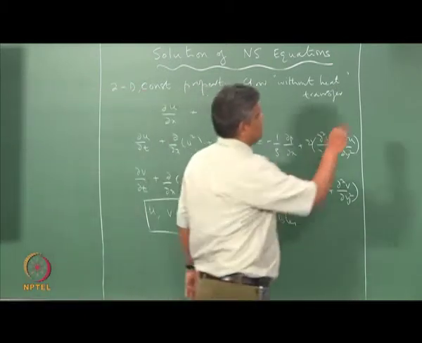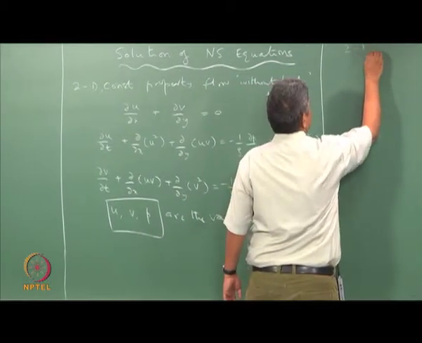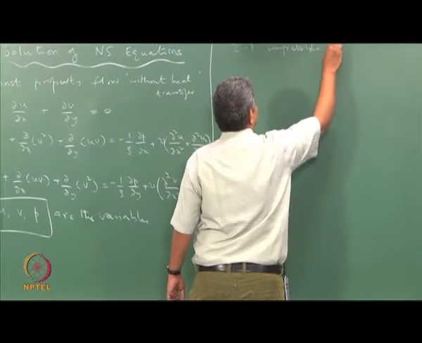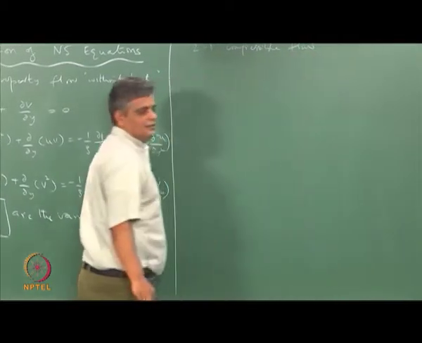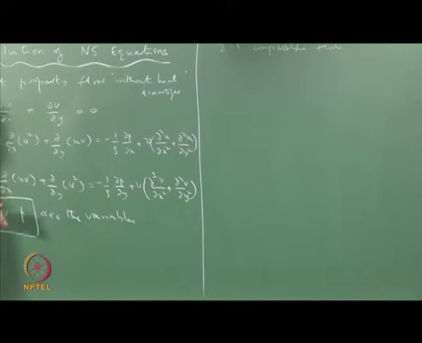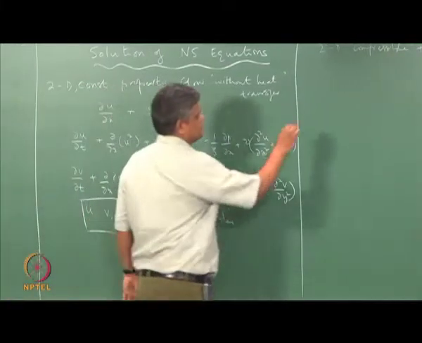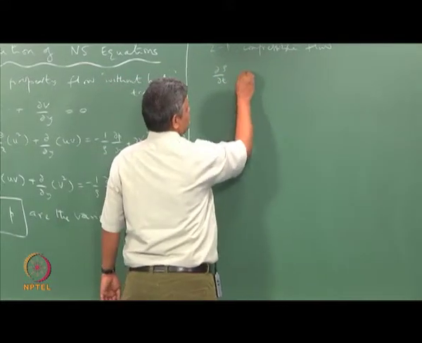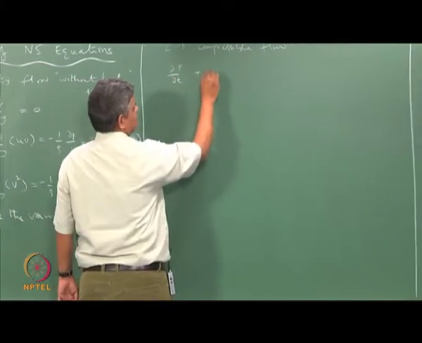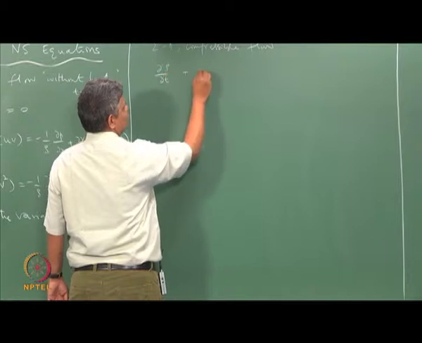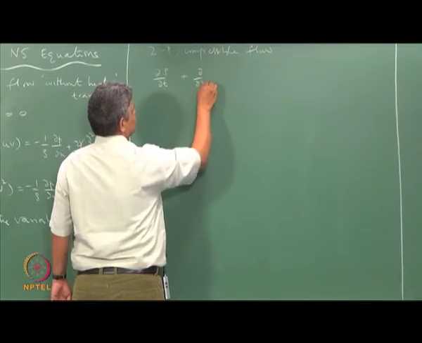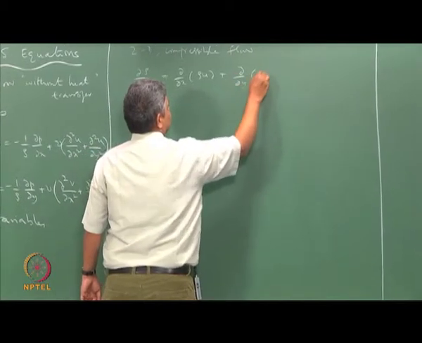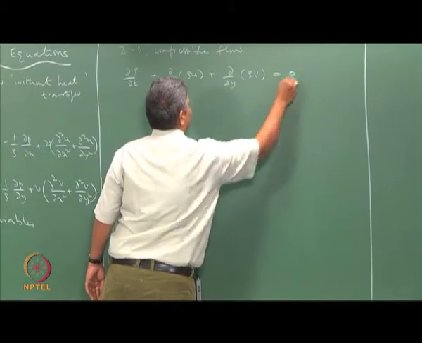So, in the 2D compressible flow case, we can similarly write down the governing equations as now density changes, and we can put this as del rho by del t plus dou by dou x of rho u plus dou by dou y of rho v equal to 0.